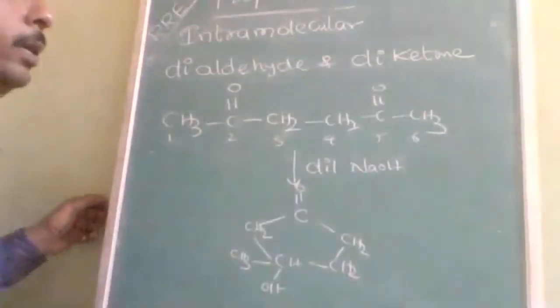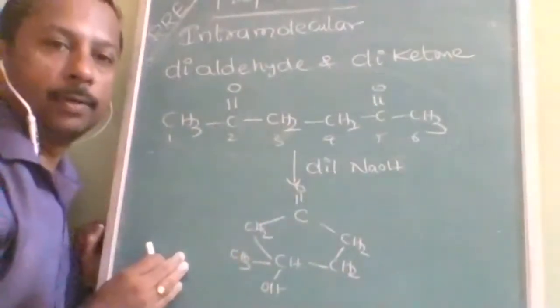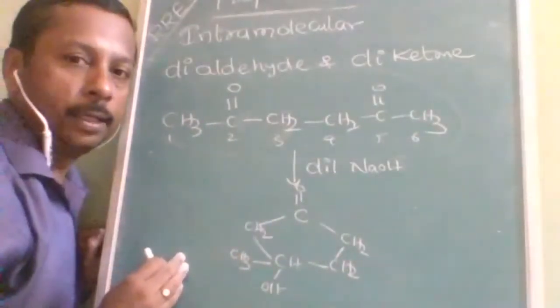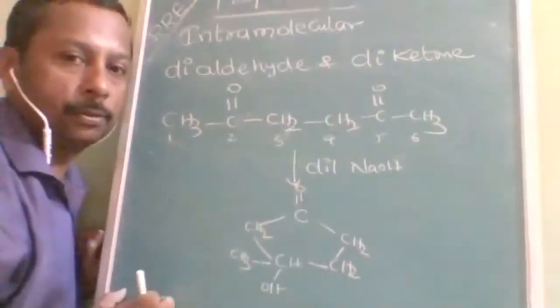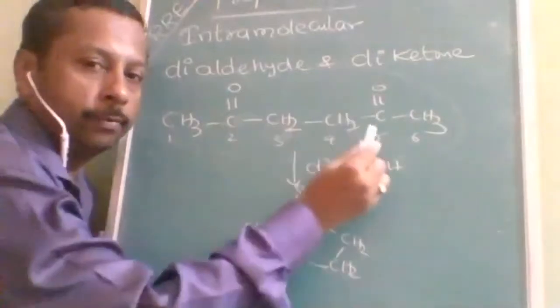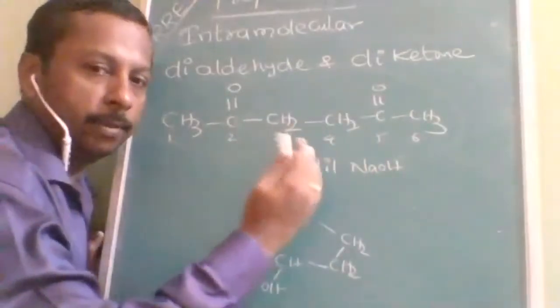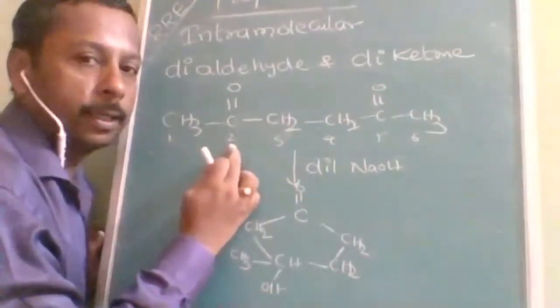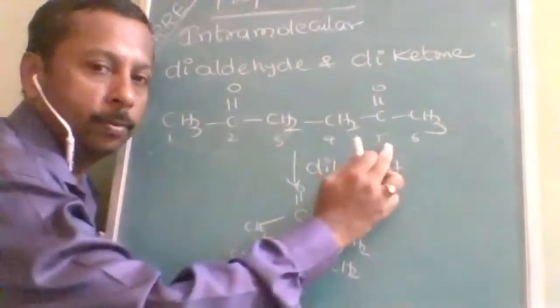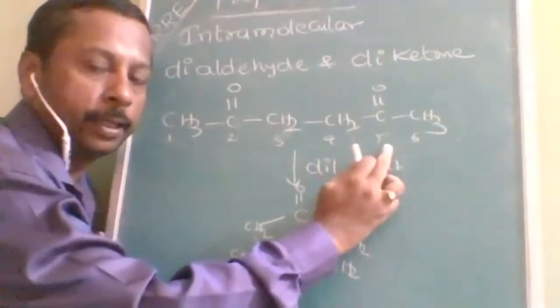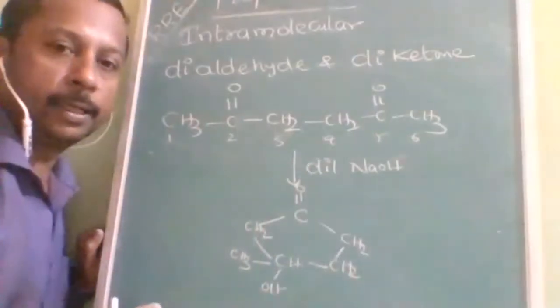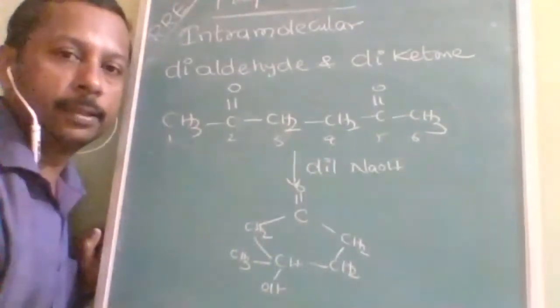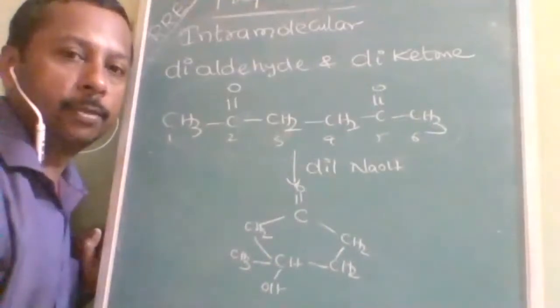But what is it? It is a diketone, 2 ketones in one molecule, and there must be a minimum separation also. 2,5, 2,6, 2,7. Minimum is, if one ketone is on the second carbon, the other ketone must be on the fifth. It can be beyond fifth, that is okay, because ring strain must be taken into account.